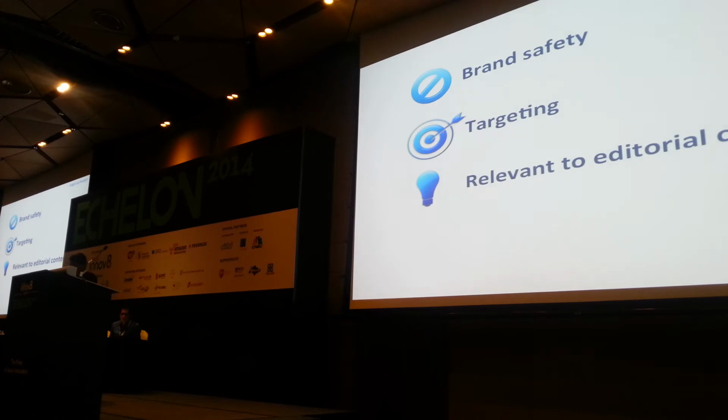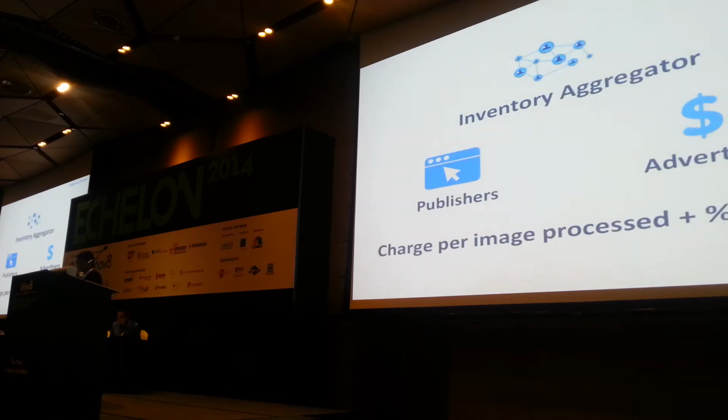Apart from providing the targeting and the relevancy, as a technology provider, we partner with inventory aggregators whom we call the ad networks, and they have their own set of publishers and advertisers. We're just a technology provider to them. So they sell the innovative ad format to their advertisers and also to their publishers. The publishers are making money and the advertisers pay a premium because the ads are being viewed. As a technology provider, we charge the ad networks directly. We charge them for every single image which we process and a particular percentage of the ad sales.